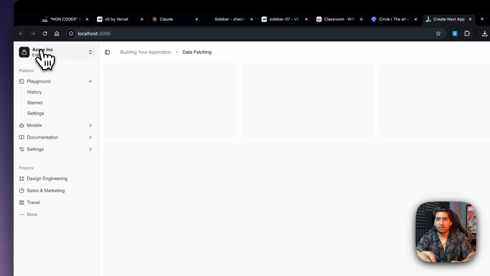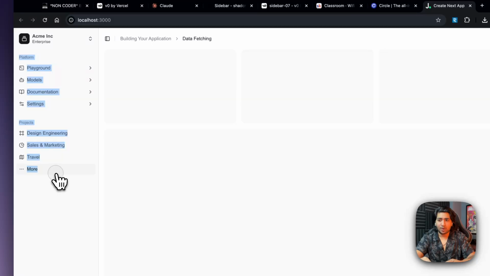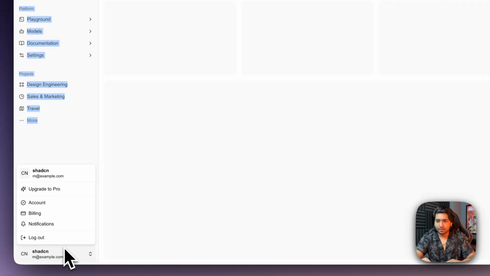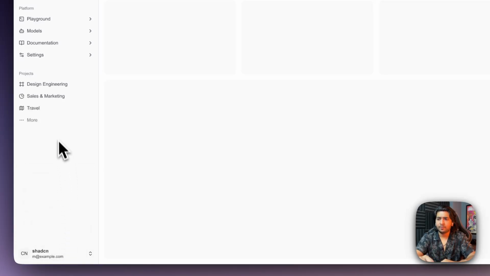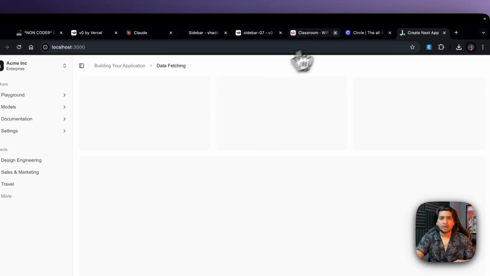Okay, so that's our very first version of our dashboard, guys. And playground, platform. I still don't know what buttons we'd be having here. ShadCN, okay. Upgrade to Pro, account, billing. None of these pages are there right now. Okay. Now that we have this in localhost, all right,